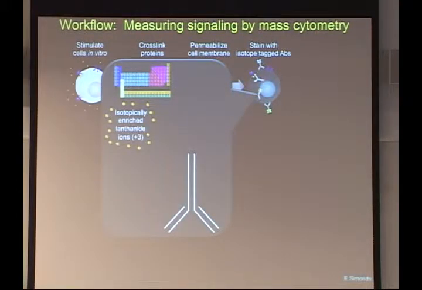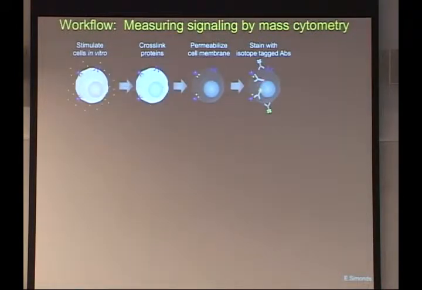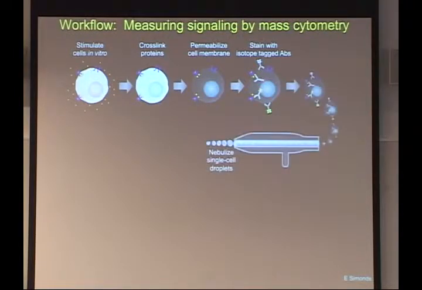And I'm not going to go into a lot of details about how the labeling works because Matt's up after me, and he's going to give you guys everything you want to know and more about isotope antibody labeling. But take my word for it. Using a commercially available reagent, we can attach somewhere between 100 and 200 metal isotope reporters per antibody. Each antibody has a unique mass that serves as a reporter,